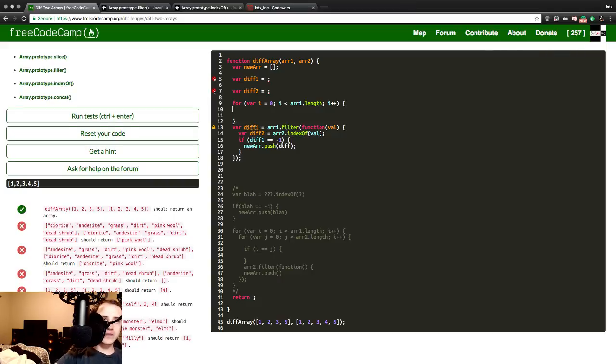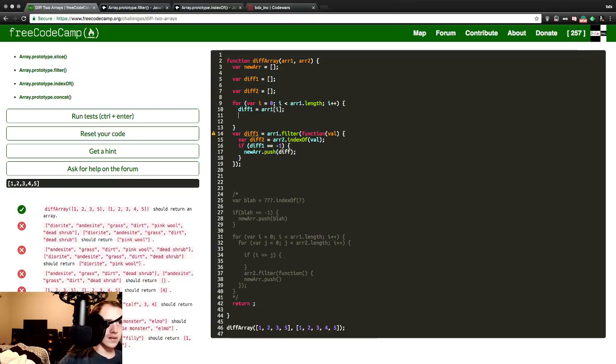For blah, it will be diff1. So, this will be diff2. Diff1 will be equivalent to array1[i]. So each time it will loop through, it will equal that. When that happens,